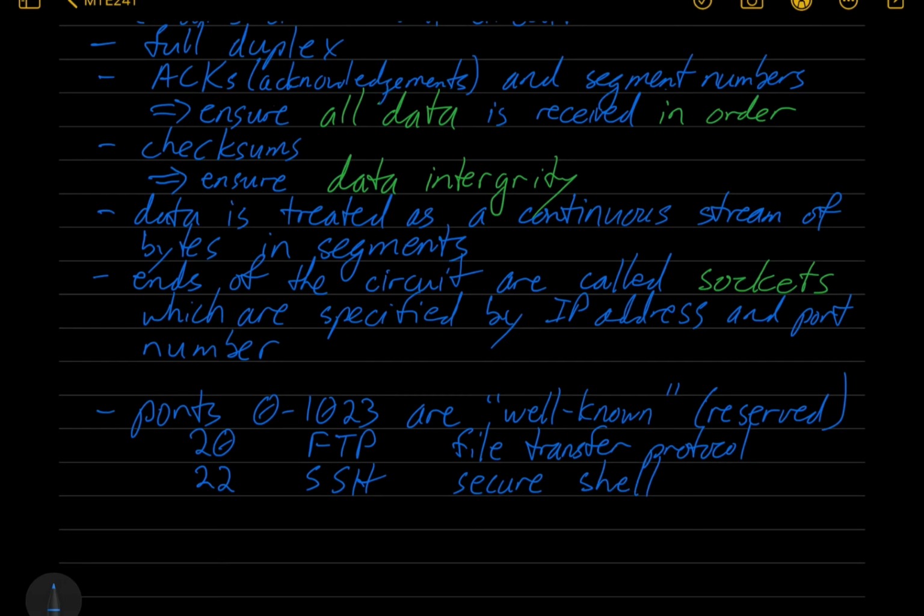Back when I started doing stuff on the internet, we were using Telnet, and all your communication was clear text, so anybody that intercepted or sniffed one of your packets on the internet would be able to read what you're sending. So SSH uses encryption to prevent that from happening. Port 80 is reserved for the hypertext transfer protocol,